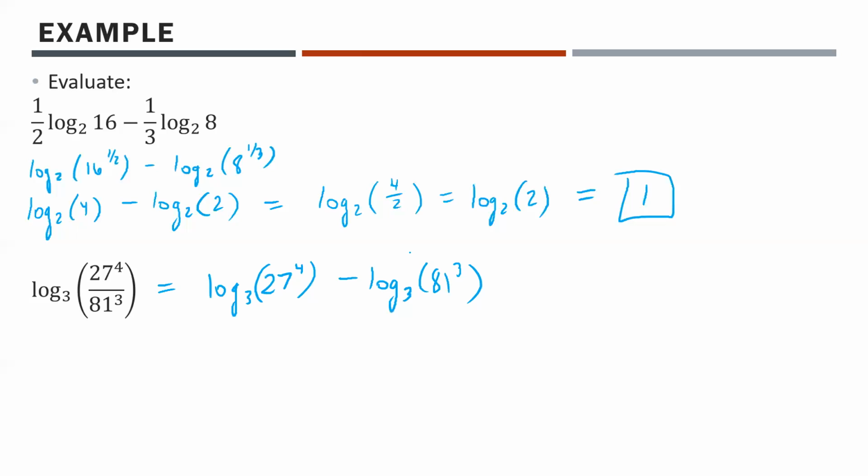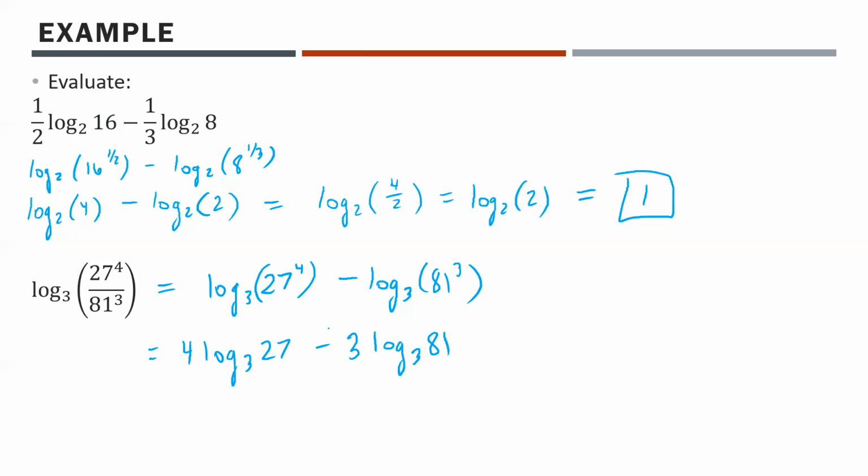Now, again, there's not really a definite rhyme or reason as to when we would break it down and when we would stitch them together. It more or less depends on how comfortable you are with dealing with different situations. In the earlier example, I could have solved it initially as well, but getting it as a single logarithm actually made it easier. In this one, breaking it down is going to make it way easier. Anyway, moving on. So this will be 4 times log base 3 of 27 minus 3 times log base 3